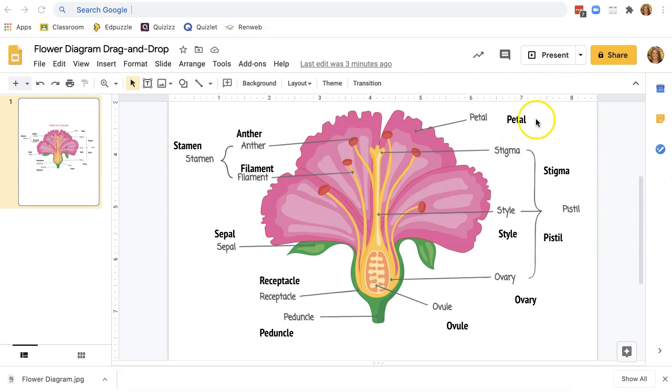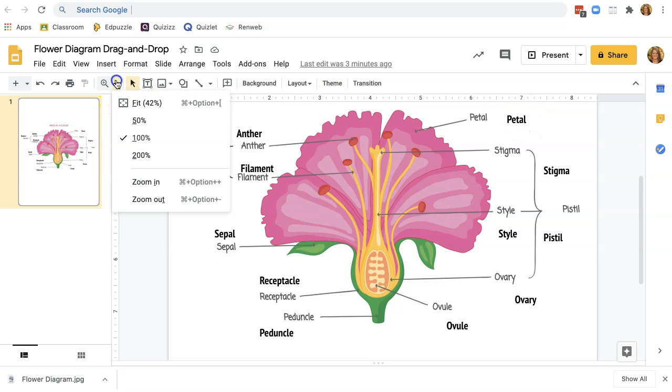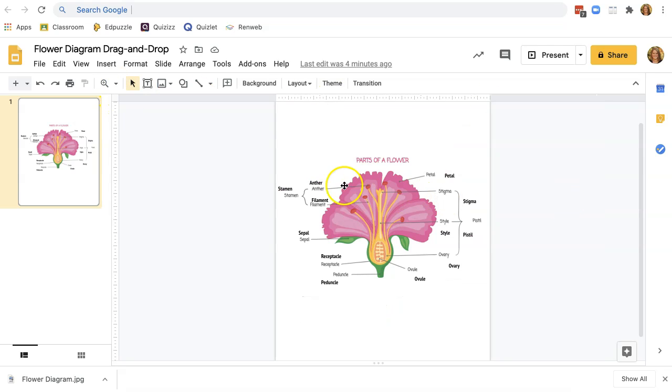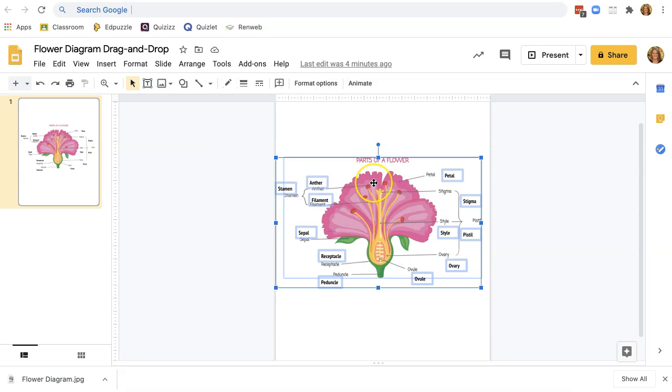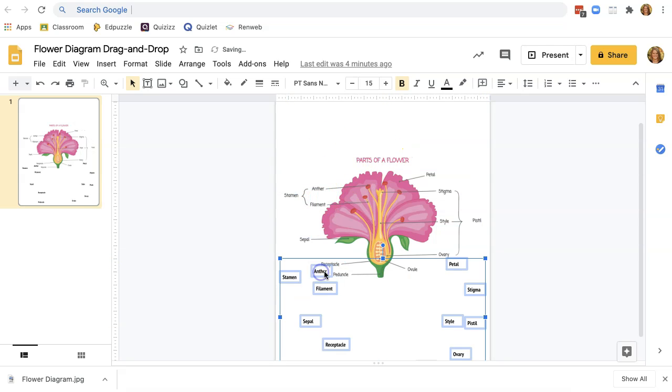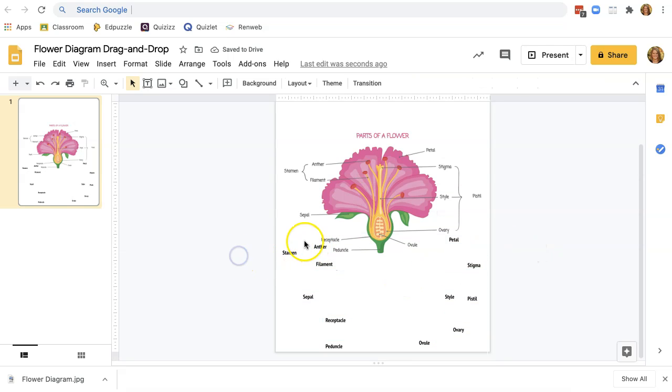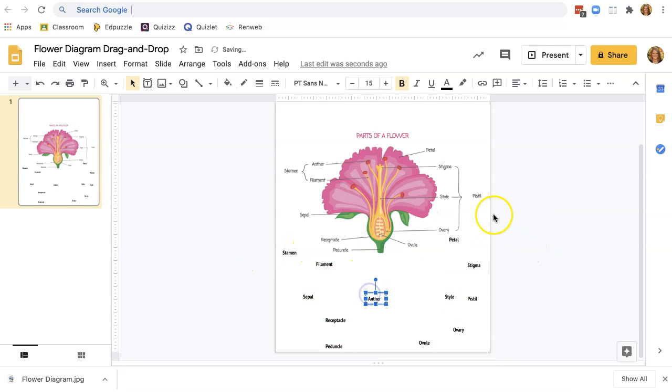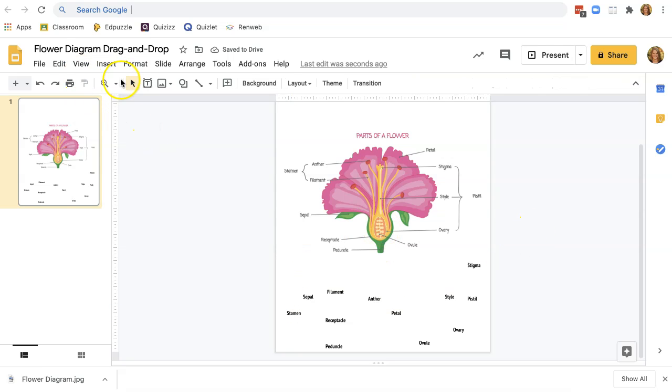Alright, now I'm going to move all those text boxes that I created down toward the bottom of the slide. So let me zoom out a little bit, and I'm going to select everything, and then again I'll hold the Shift button down while I click on the flower so that it doesn't select that. And I'm going to move these down toward the bottom of the slide. You can get them all grouped a little bit closer together. Alright, then I can re-zoom in